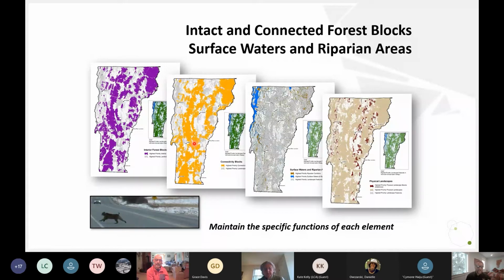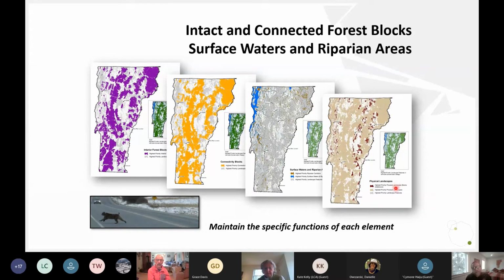It uses this concept of connectivity, uses that surface water network as an incredibly important piece of knitting together these forest blocks. So this layer that I'm showing you is of forest blocks, but in selecting those blocks, we use the riparian network to make this selection. And so here's that whole surface water and riparian area network. Anything that's wet in Vermont, rivers, streams, lakes, ponds, wetlands, all show up in Vermont conservation design and really at that highest priority standard, thinking about biological diversity.